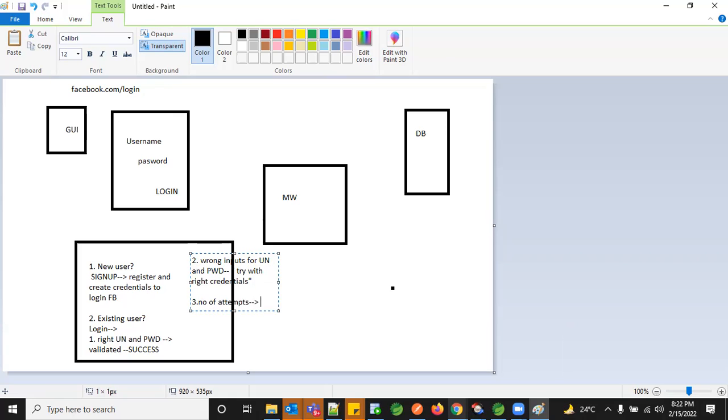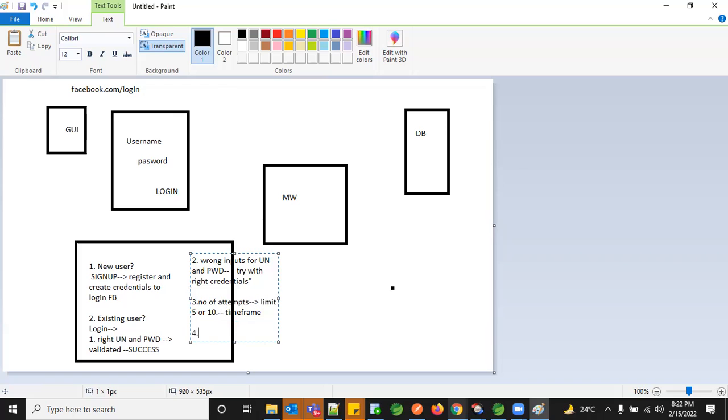So the number of attempts he can consider, we can limit it to say 5 or 10 or however you want, we can limit it within that time frame. So if he's doing it for today, and if he goes more than 5 or 10 attempts, we can give a message like, your time limit has been exceeded and you have given the number of attempts already, so please try to log in a little later.